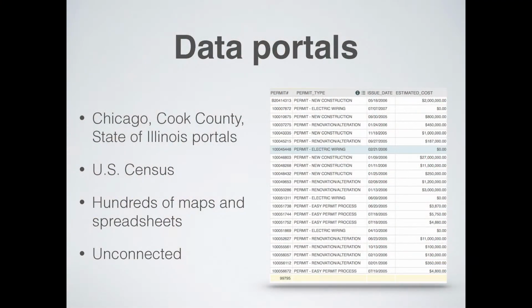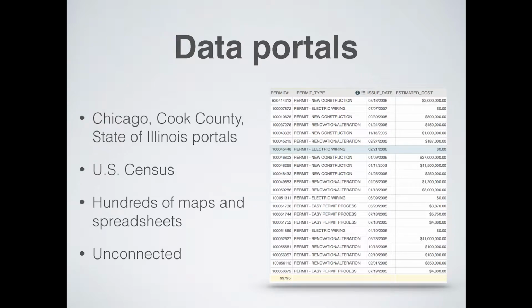So data portals are excellent. I love them. Chicago Cityscape uses them automatically in the background. The servers are running, they're humming along, grabbing data from all these data portals, and then putting it together on a public website. But the county, the state, and the city all have portals, and then the Census Bureau has